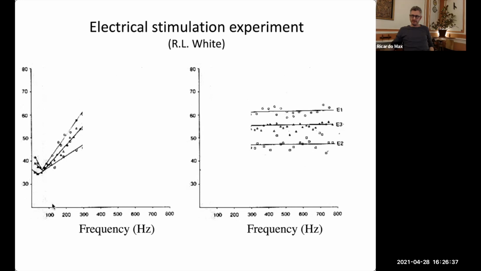Because the frequency affects, because it's positively correlated, right? The higher the frequency, the higher the pitch perceived. But they were also separated, the three lines, the three electrodes, meaning that for the same frequency,